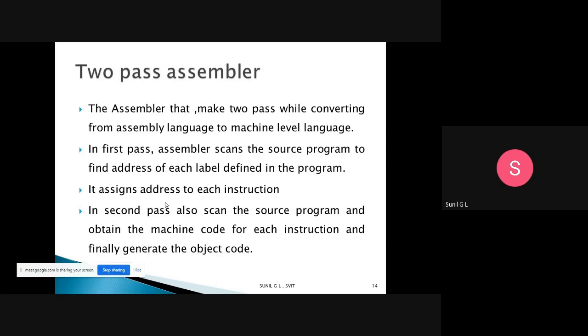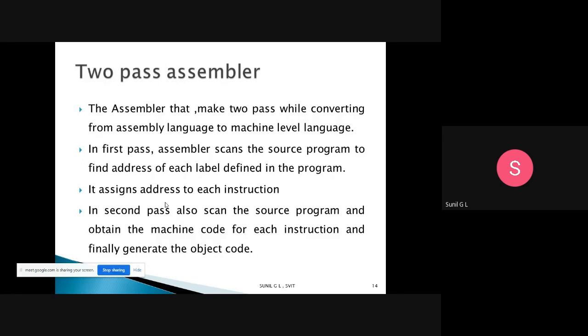First pass is address. That's why we call it a two pass assembler. How will it assign the address for each instruction and how will it convert to machine level language? For that, we have two big algorithms: the algorithm for pass one and the algorithm for pass two.